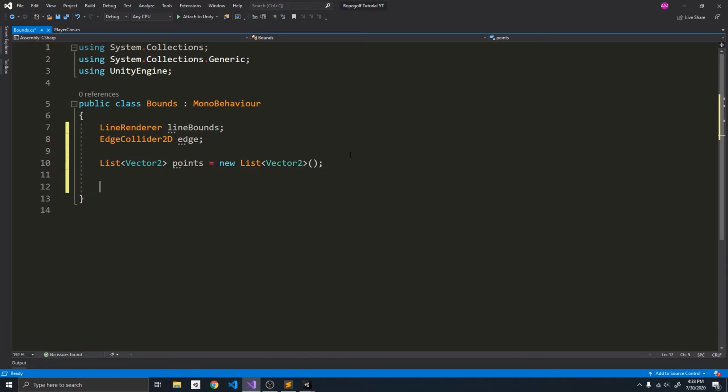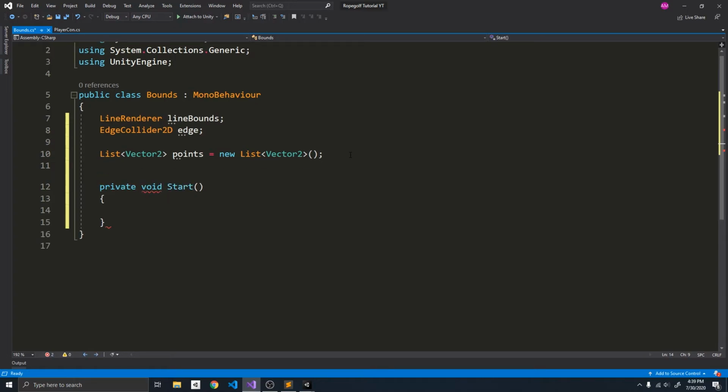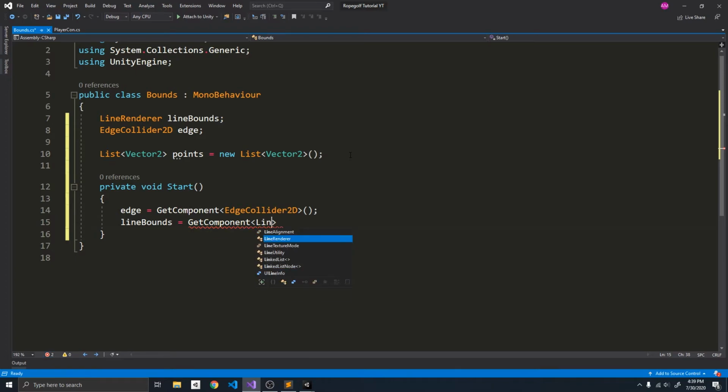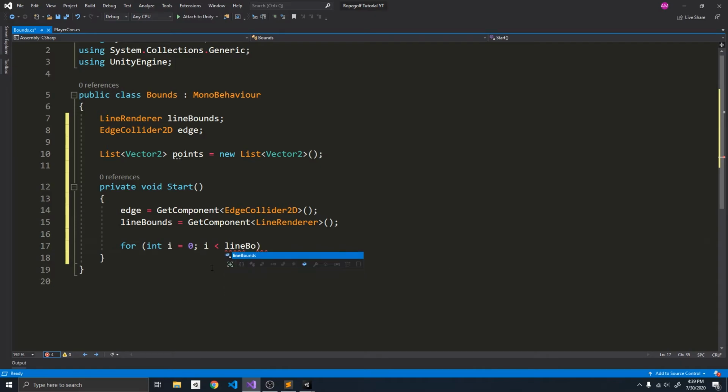And then we just need a start function. We need to get the components, so edge collider 2D and line bounds. And then to assign the points from the line render to the edge collider, I just made a loop that ends